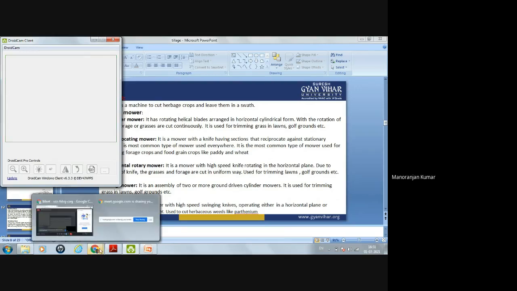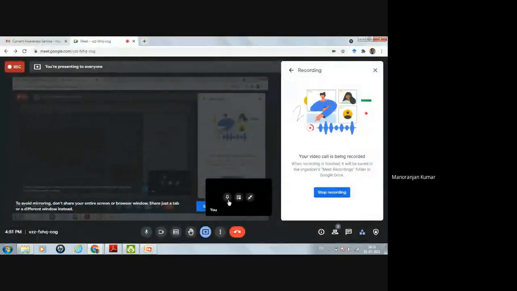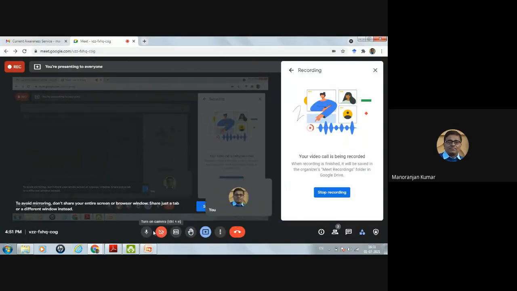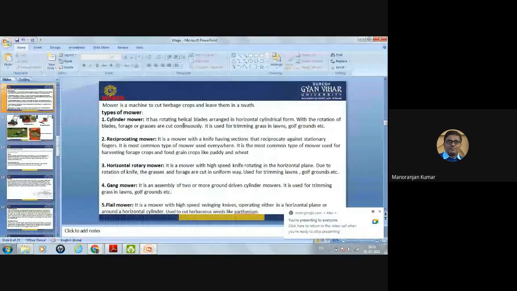The mower is a machine to cut harvest crops and leave them in a swath. There are different types of mowers available. The different types are cylinder mower, reciprocating mower, horizontal rotary type, gang mower, and flail mower.